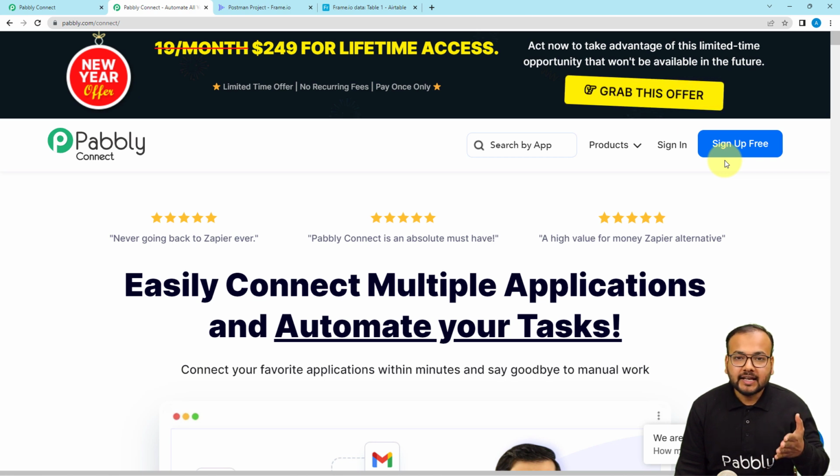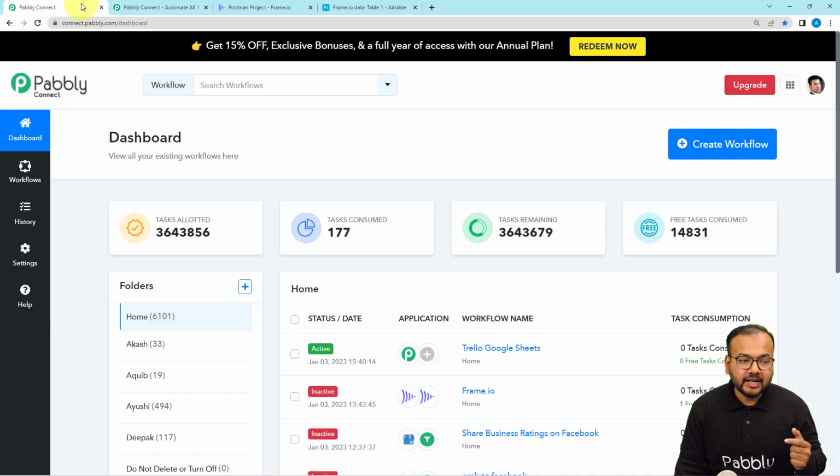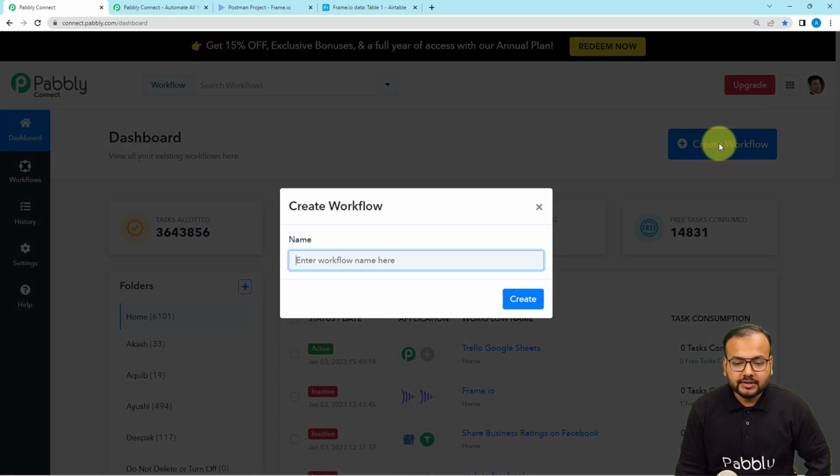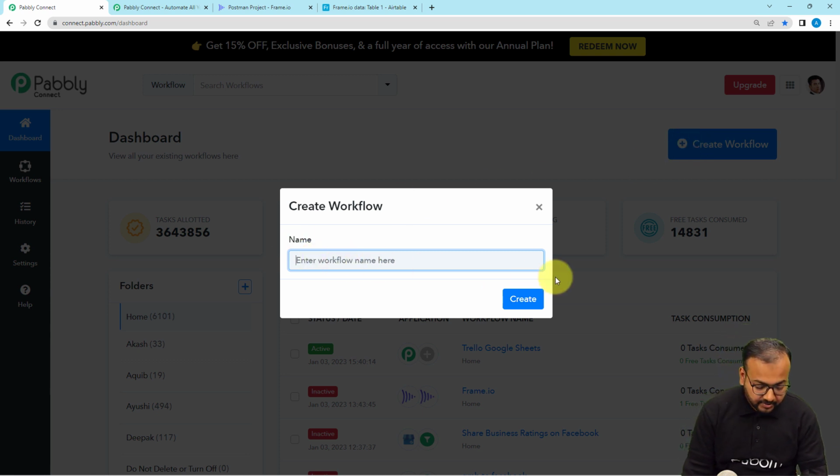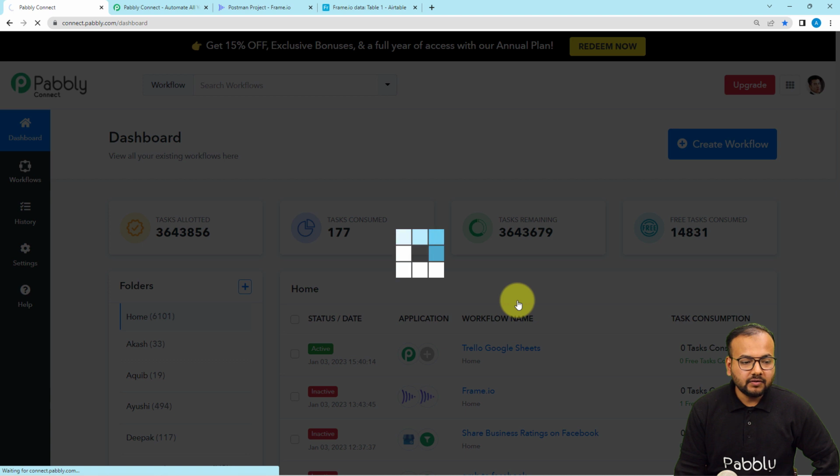Okay, so after signing up, you need to sign in and reach the dashboard of Pabbly Connect like this. And from here, guys, you have to click on this create workflow button, and here you can give a name to your workflow as well. So I'm giving the name here as frame.io to Airtable. Okay, after giving the name, just click on create button and you can see your workflow page is